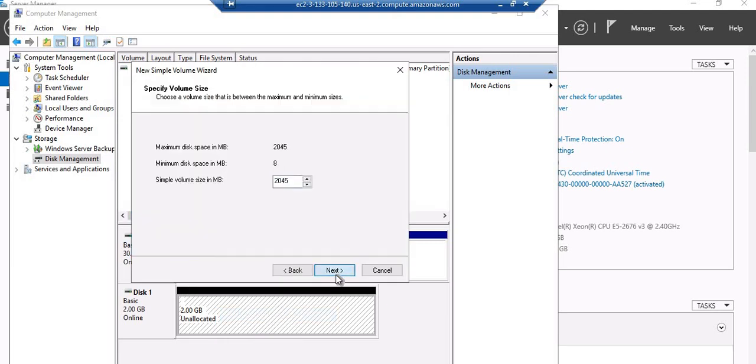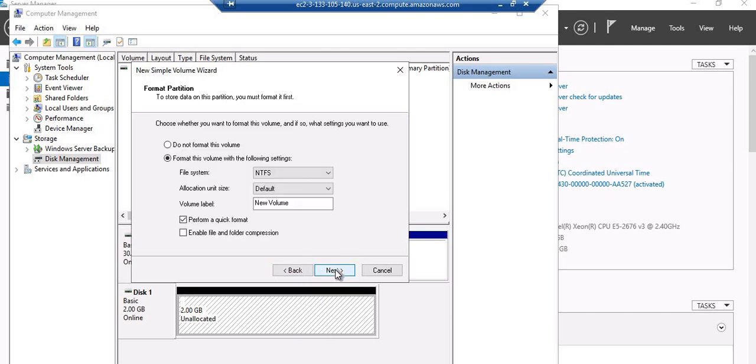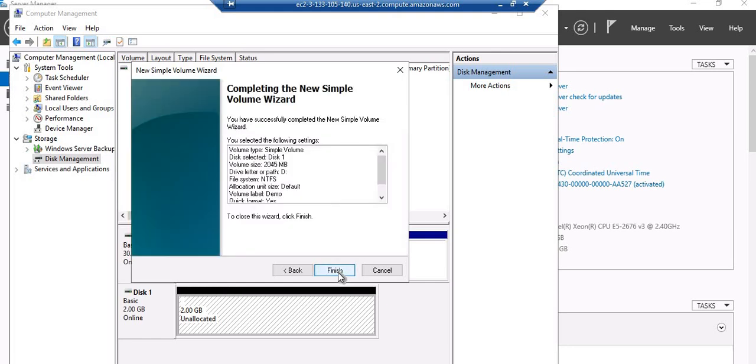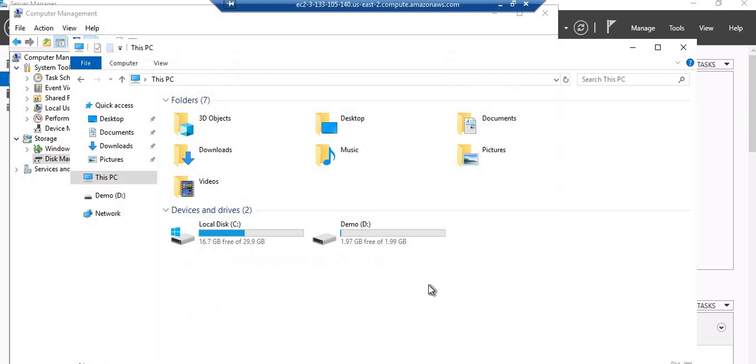Next, give the volume letter. Next, volume name. Finish. So now let's go back and see. Yes, here you can see the volume is attached.